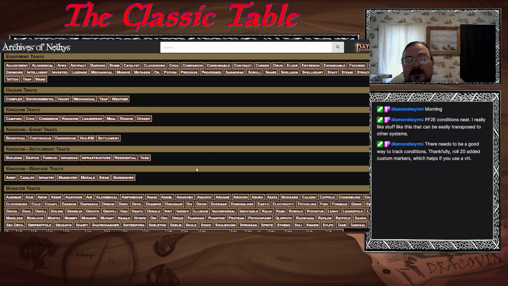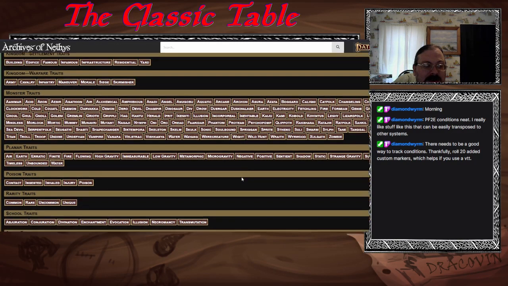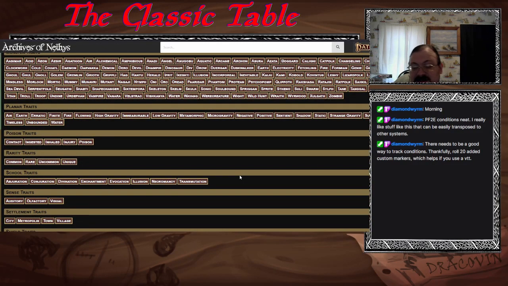That's kind of coming into an environmental trait. Again, things have defined traits. That's an easy way of looking and seeing how they relate to each other. Kingdom traits, kingdom event traits, kingdom settlement traits, kingdom warfare traits, monster traits, which are specific groups of monsters that can be kind of put together, planar traits for planar traveling, poison traits for types of poisons, rarity traits, which